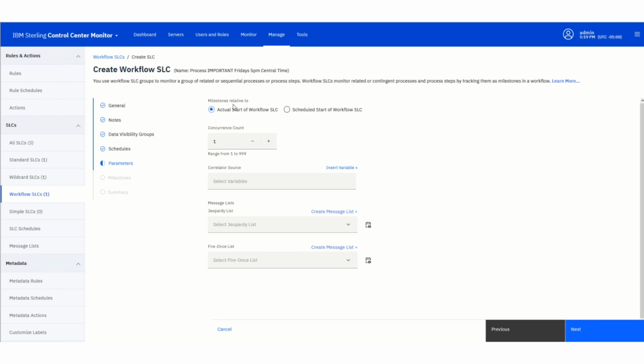Now, milestones can be relative to the actual start of your workflow or the scheduled start. Remember, I suppressed milestone messages, and I recommend you always suppress milestone messages, in which case this is unimportant. Now, concurrence count, that matters. For the calendar schedule that we associated with this, that was Fridays, Central Time, 5 p.m., the concurrence count of 1 says we only expect that process named important